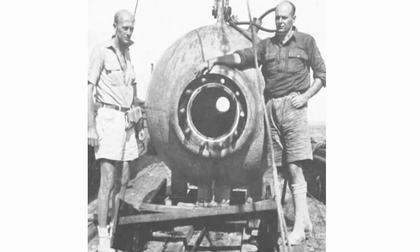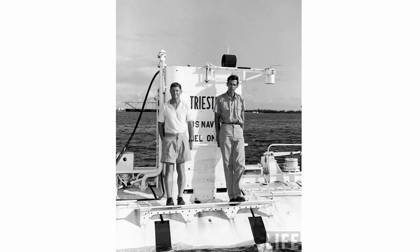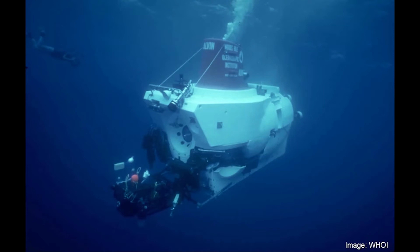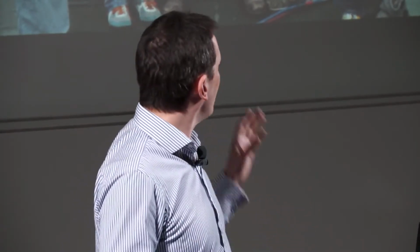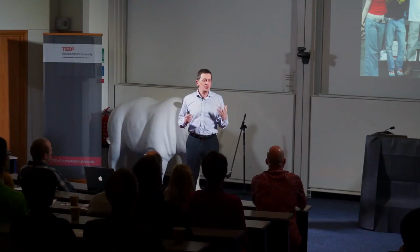From the pioneering bathysphere dives of William Beebe and Otis Barton in the 1930s, the record-breaking plunge of Don Walsh and Jacques Piccard in 1960, through decades of dives by research submersibles, such as the famous Alvin that you can see here, to the latest generation of remotely operated vehicles like our ISIS, along with autonomous underwater vehicles, new human-occupied vehicles. There's no longer any part of the deep ocean that's inaccessible to us if we can find the will